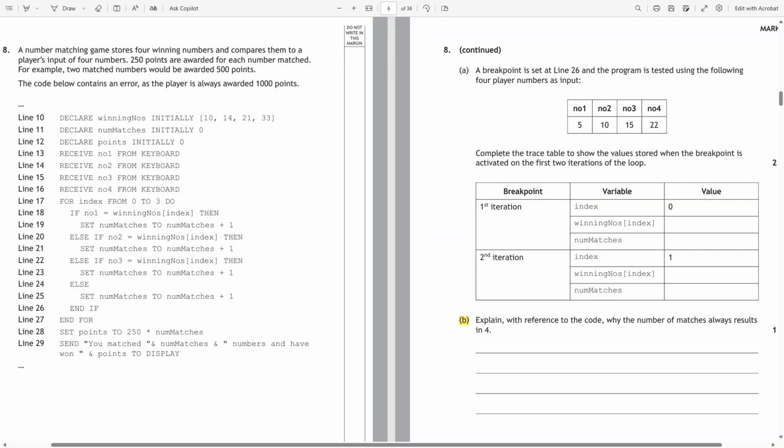So before I even look at what's on the right of the screen, let's look at the stem of the question. So we have got a number matching game stores 4 winning numbers and compares them to the player input